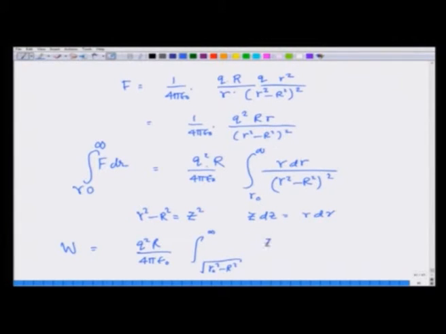I have z dz over z raised to 4. This gives me z cubed,